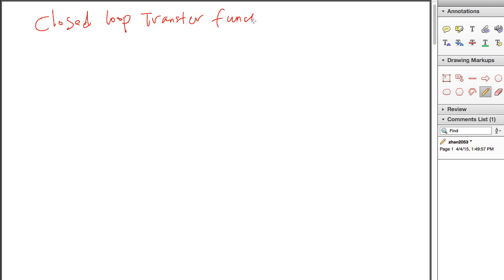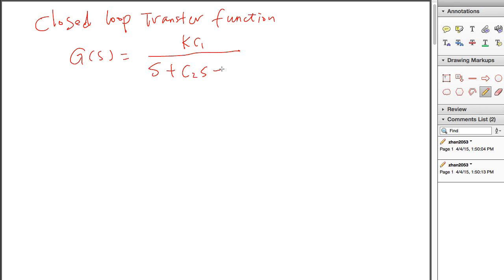Okay, so the closed loop transfer function is G(s) equals K C1 divided by s squared plus C2 s plus K C1. Okay, so now let's do further analysis on this